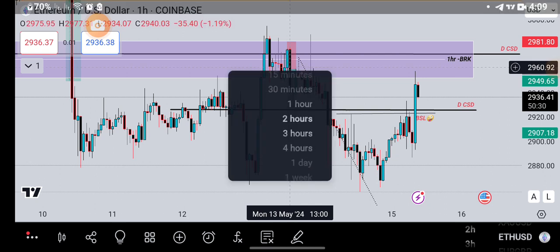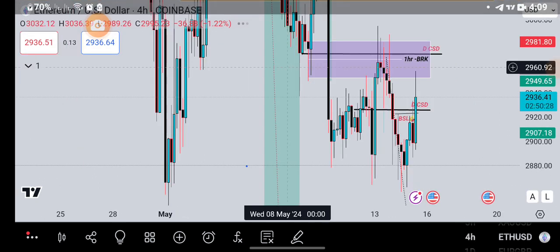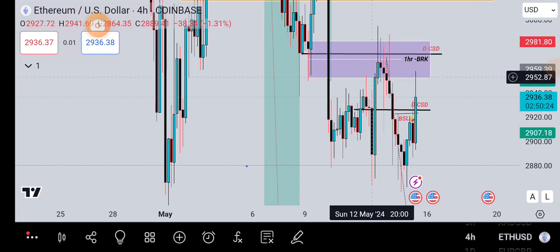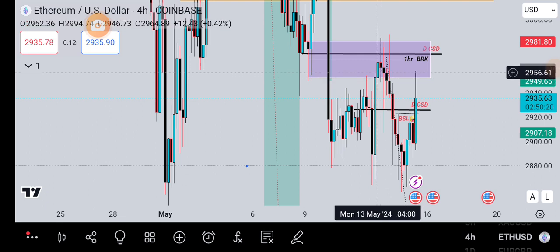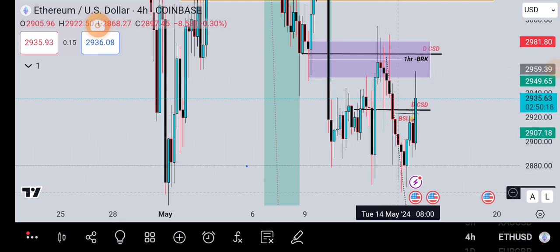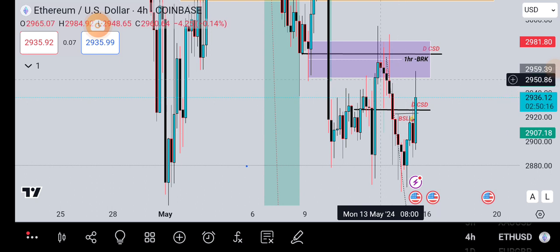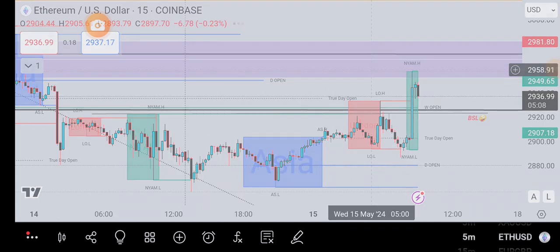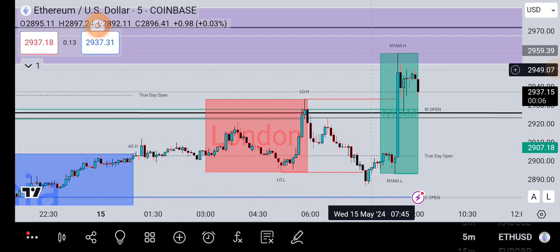But I don't want to see that being formed. Why? Because I talked about these 4 hour order block, which is the last up close candle before this movement lower. So yeah, now I can probably be looking for those sells in this candle printing.